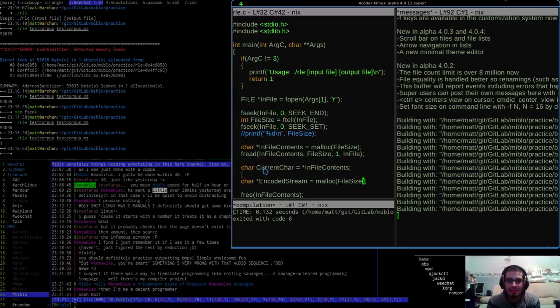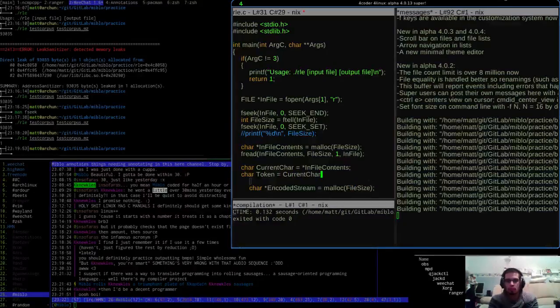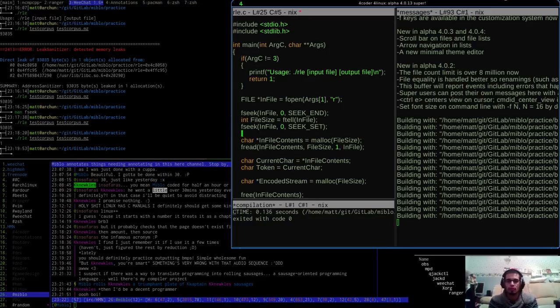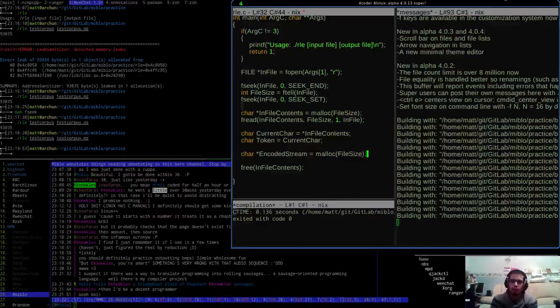So char infile contents. Char encoded stream. Is that? I think that's kind of correct. Right, char encoded stream is malloc that.